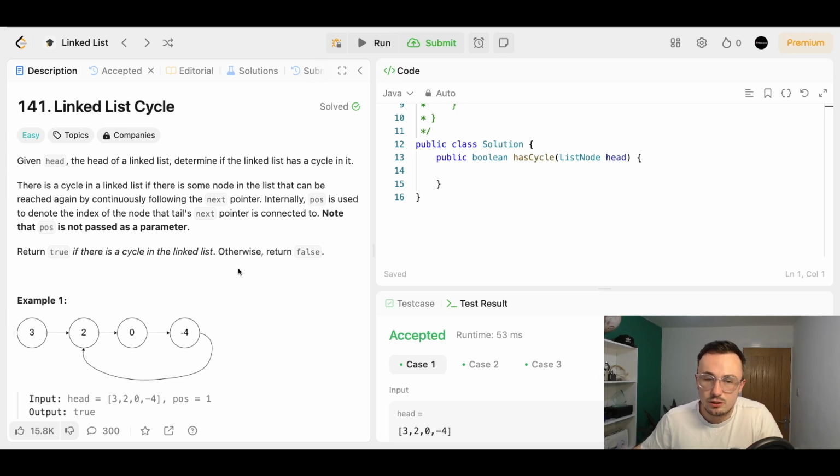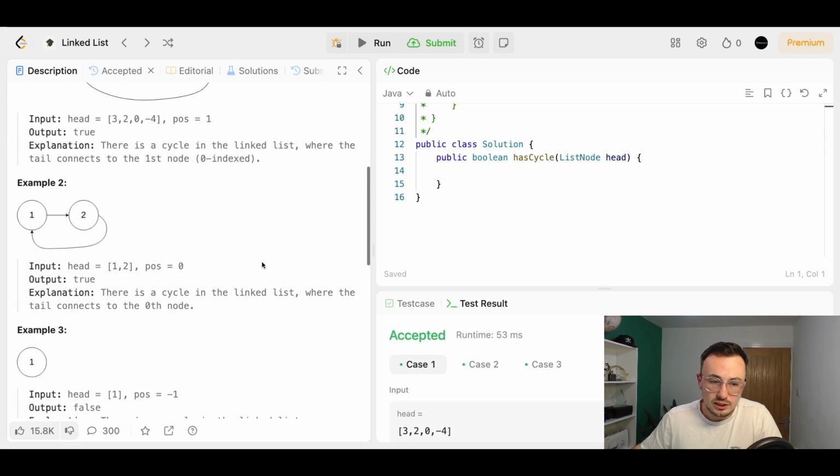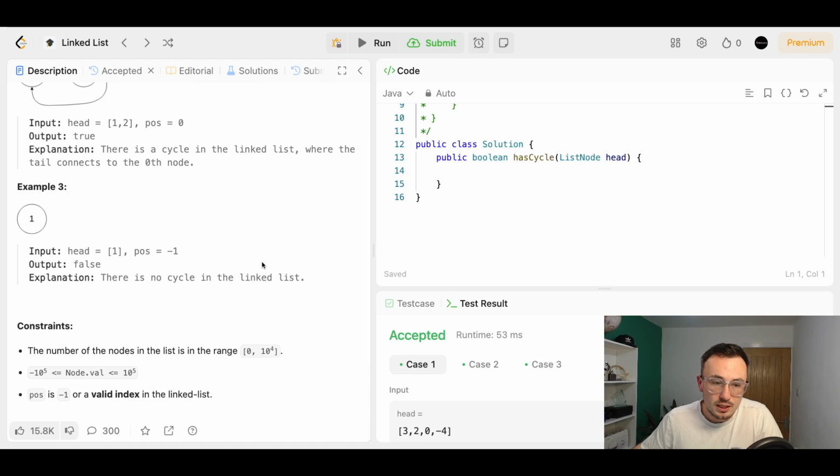So in that scenario, your solution you'd want it to return false, because obviously there's no cycle. A second scenario would be where you are given a single node, which is what we've seen in example 3. In that scenario, you can never have a cycle because there's no links, which means you're always going to return